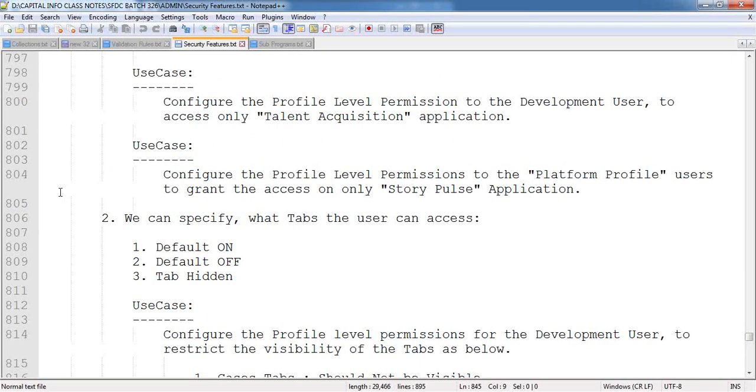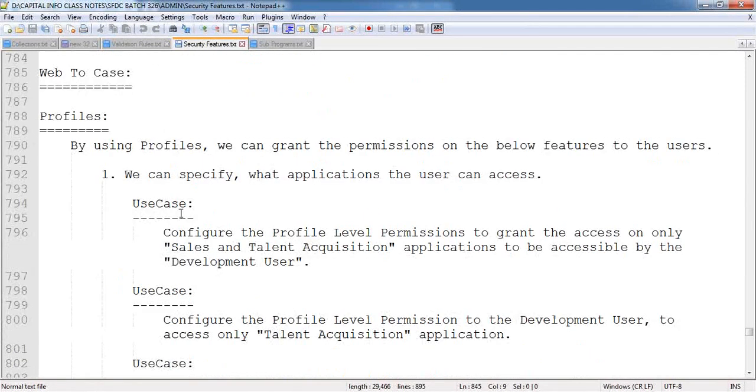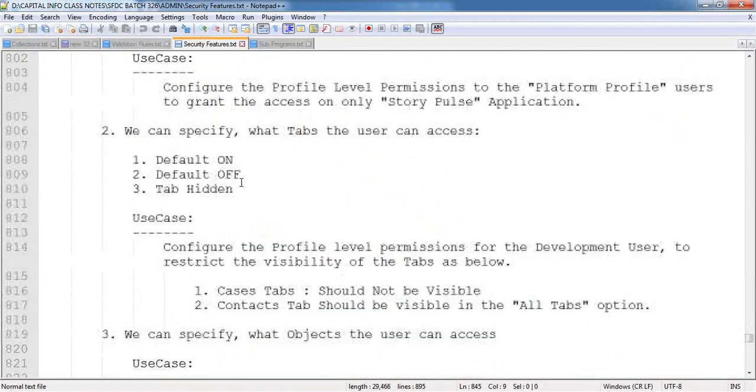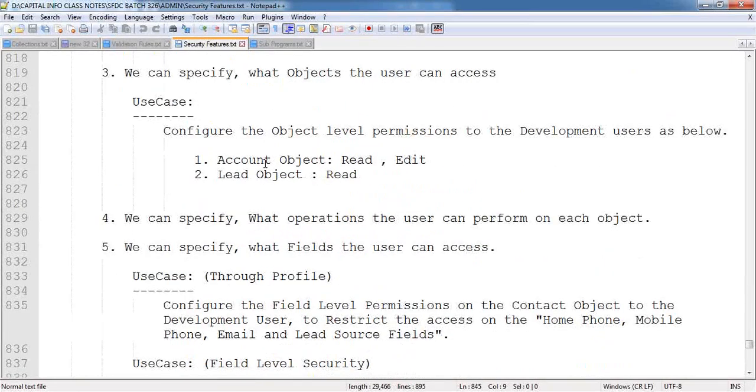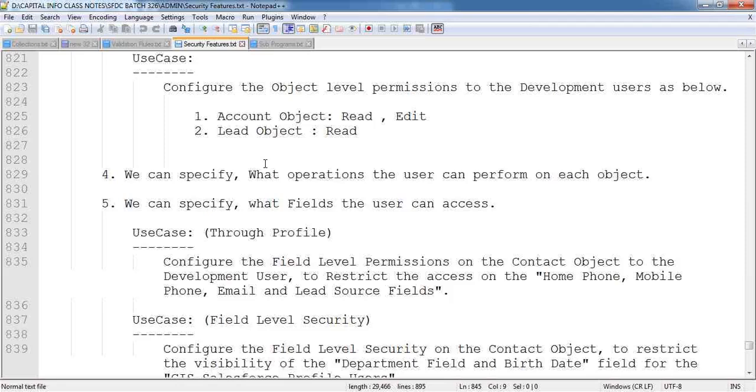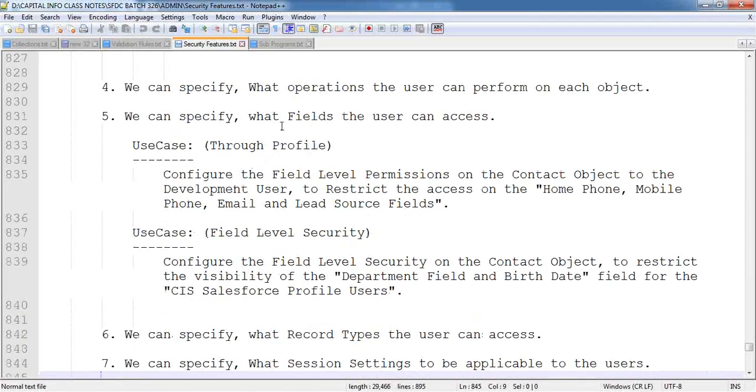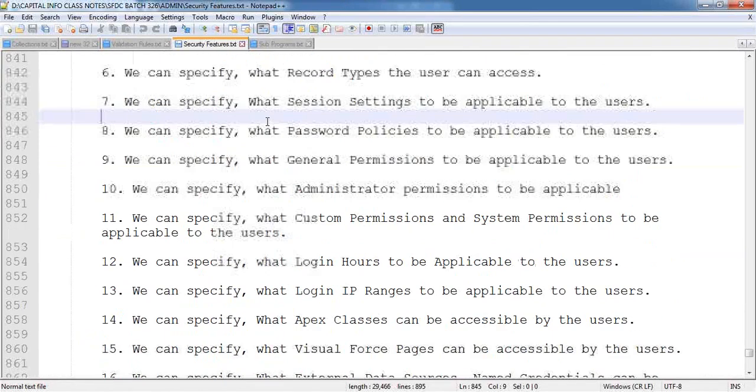And then how to grant the permissions on each and every feature we have discussed. We have discussed how to grant the access on the applications and the tabs and the objects and the operations on each and every object, and how to grant the access on the fields by using multiple mechanisms. So now let's see the remaining features here, like how to grant the access on the session settings,